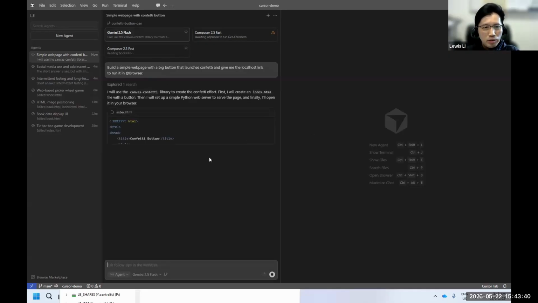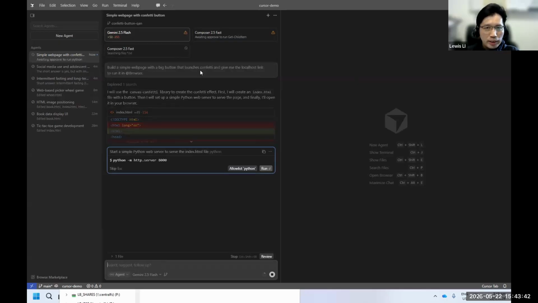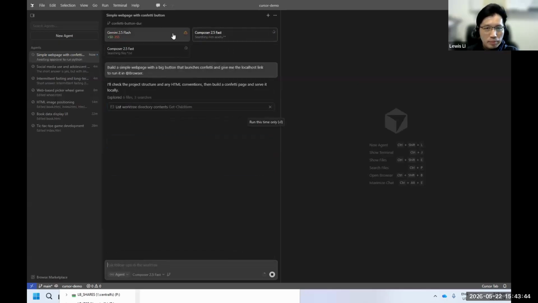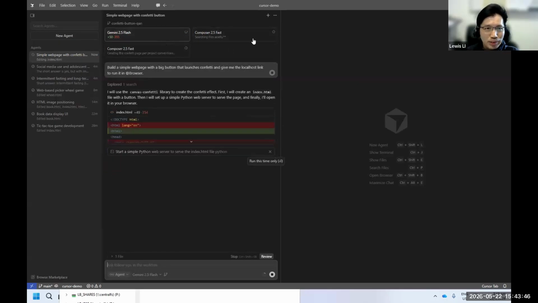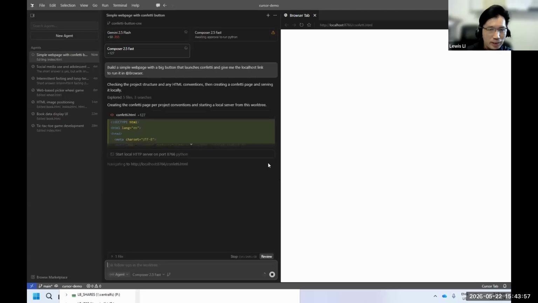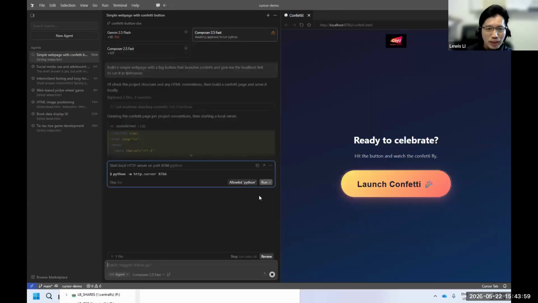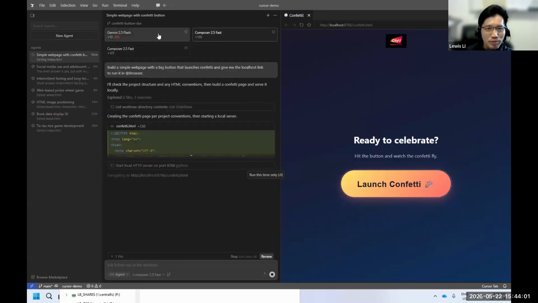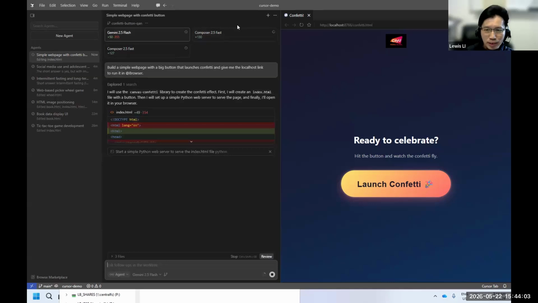So at the end, you will be able to see the output on the right hand side. Okay. So you have to keep clicking, because I have to run it every time. You can click here, allow, always allow. Once you click this, then you click the run again. But I don't want to, because I want to see what is going on. So I keep clicking run every time.